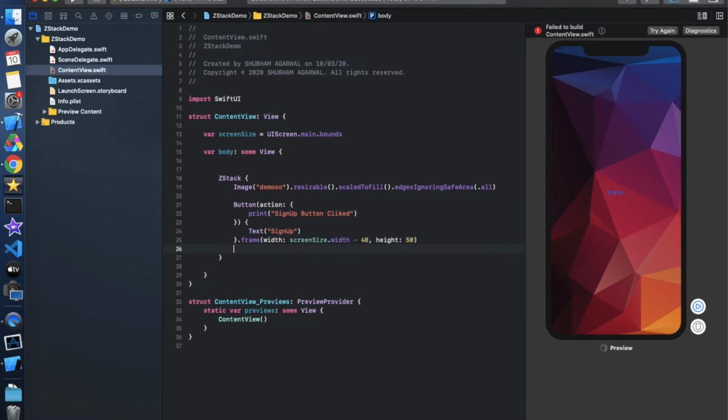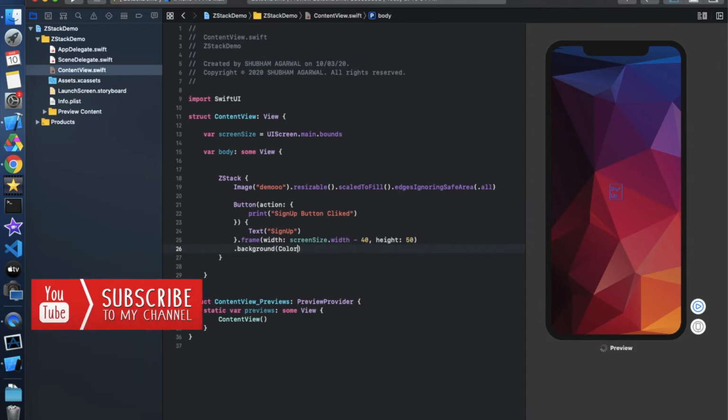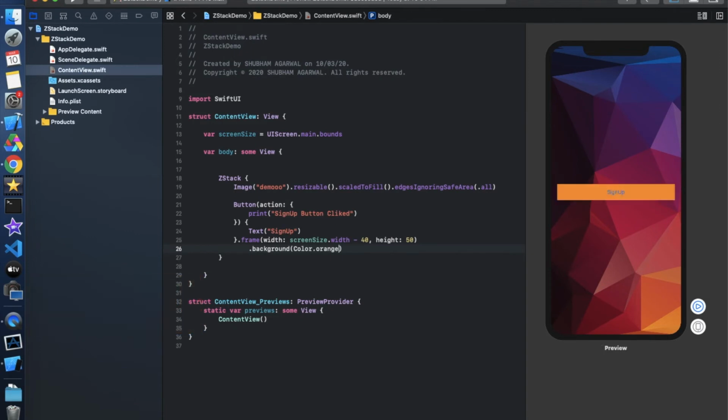Now in the next part, there is an issue we need to fix. This button is not coming in the perfect way, so let's give a background color to this view, like background color, and it should be Color, C should be capital, Color.orange. It's totally up to you what color you want to give, and it's now looking completely fine.